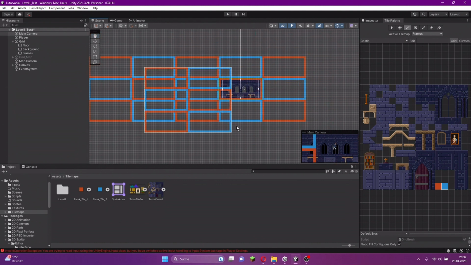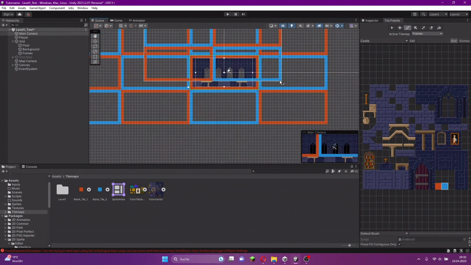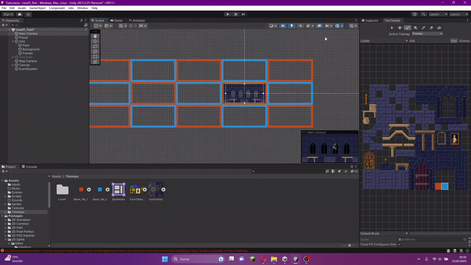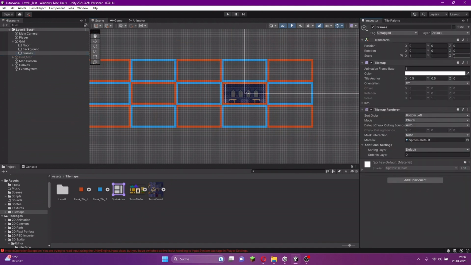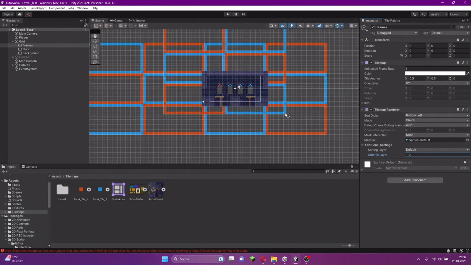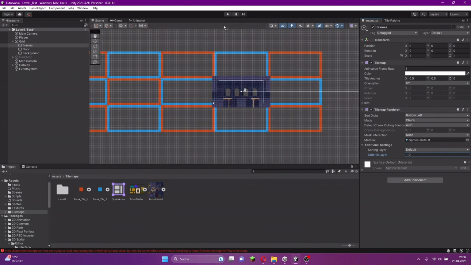Anyway, this is enough for now. Yes, of course, this frame has to be in the background. Order in layer, like 2, or we can make it minus 10, so it will always be in the background. And now